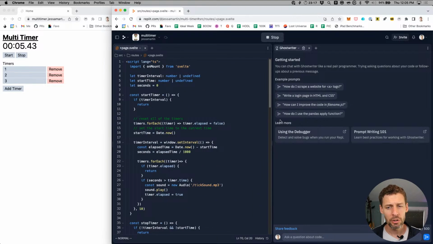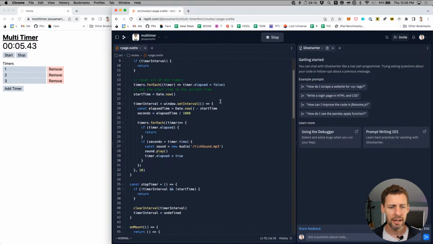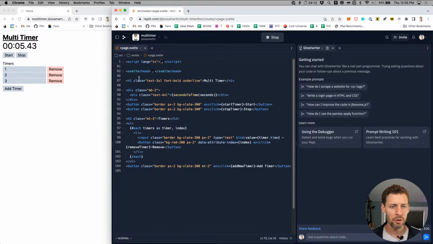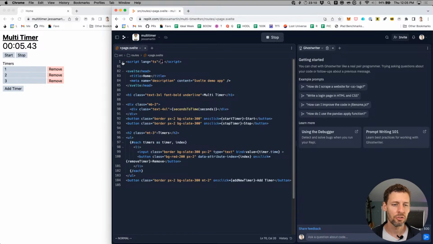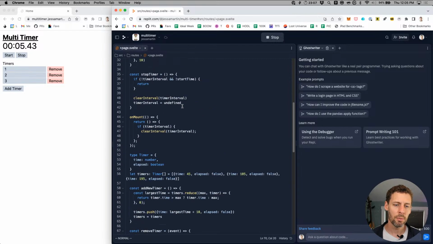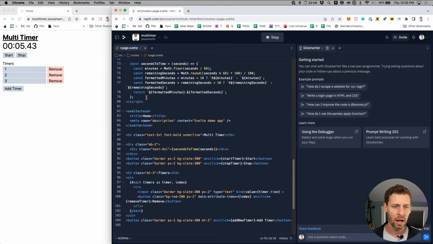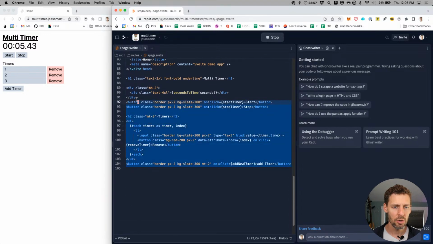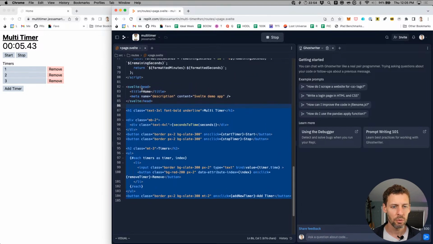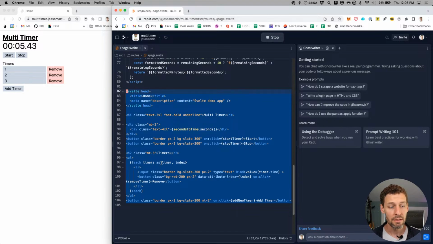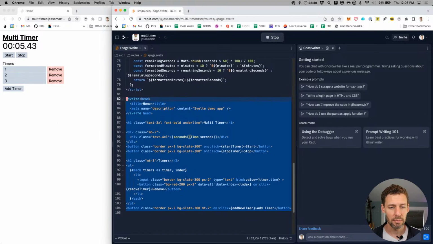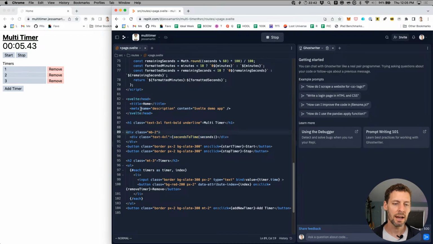Right now, all of the code lives in this one page.svelte file. So if you've worked with Svelte before, there's basically 2 sections. There's the script section up at the top where most of the code lives, and this script section gets executed from top to bottom when the application loads. And then down below, there's a layout section, which formats the page and has some embedded SvelteKit things that insert into the DOM or into the emitted HTML.